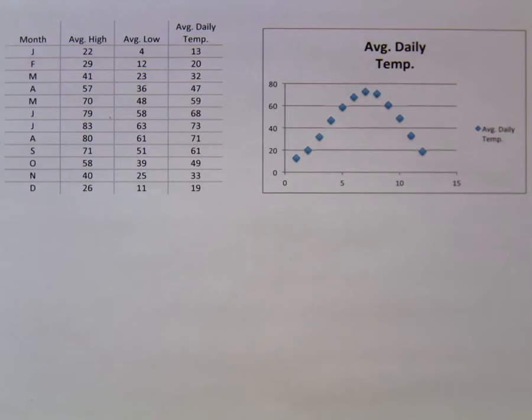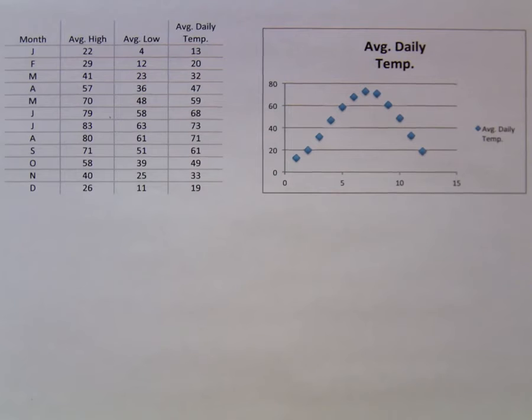In this video, we'll go through a full example of how to make a trig model of data that seem to have a periodic character that would be best modeled by a sine or a cosine. And we have here some data on average daily temperatures for the Twin Cities. The average daily temperature is simply the average of the high and the low for a given day. And for a month, of course, it would be across all those days. And so we have in the right-hand column of this table the average daily temperature for each month, January through